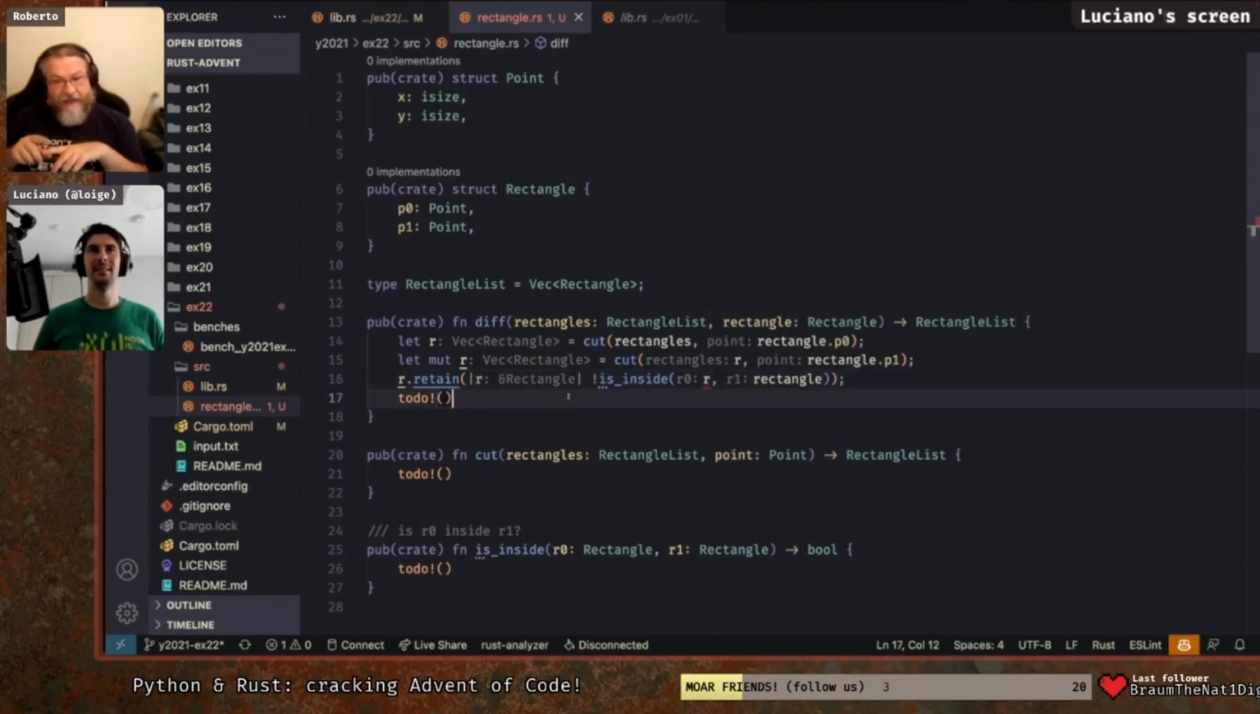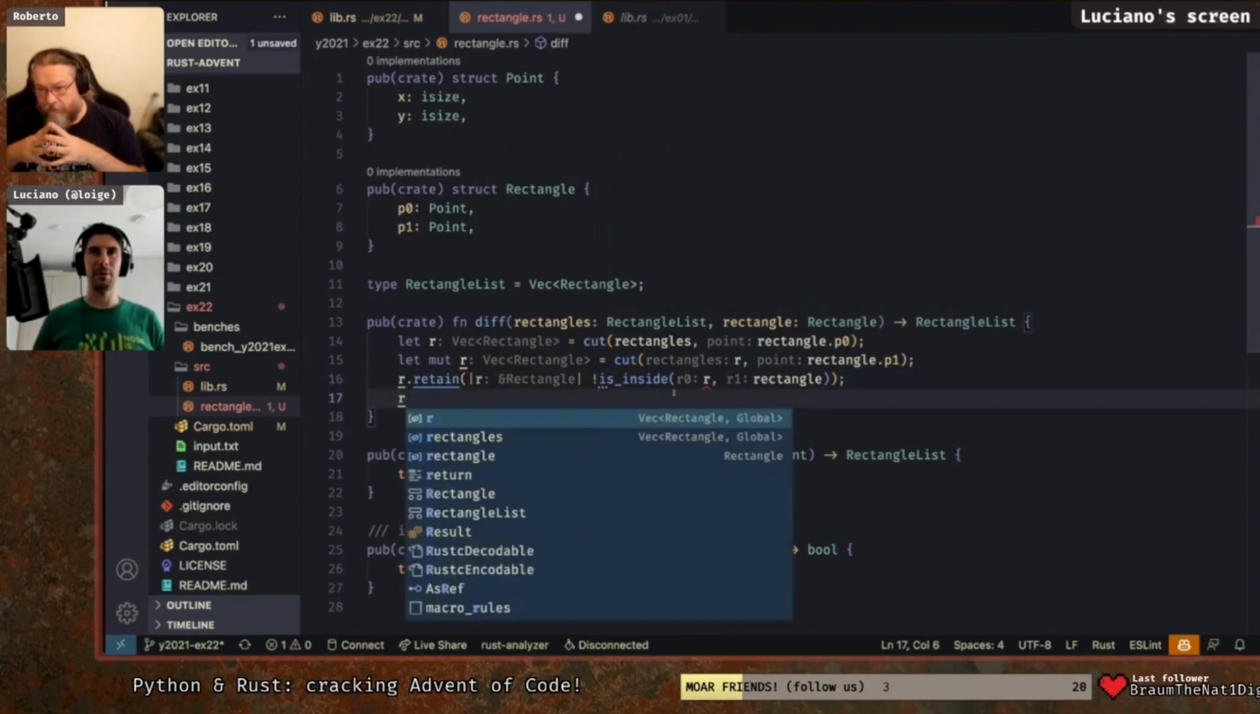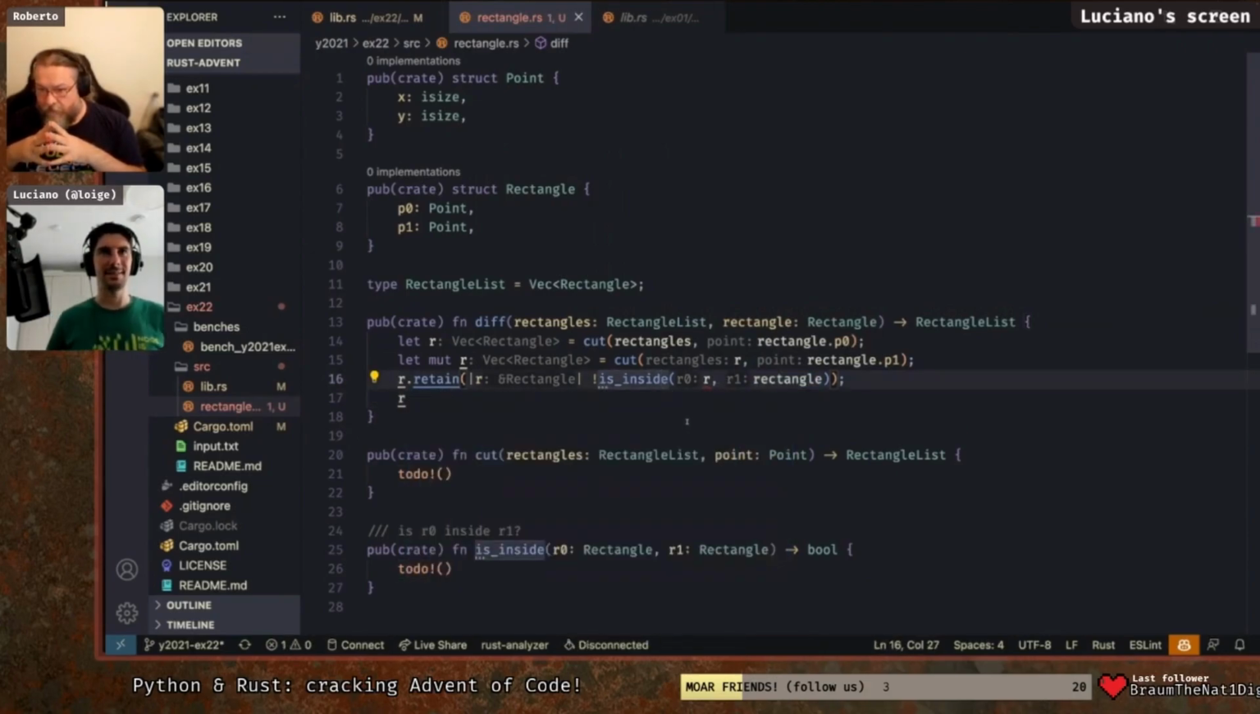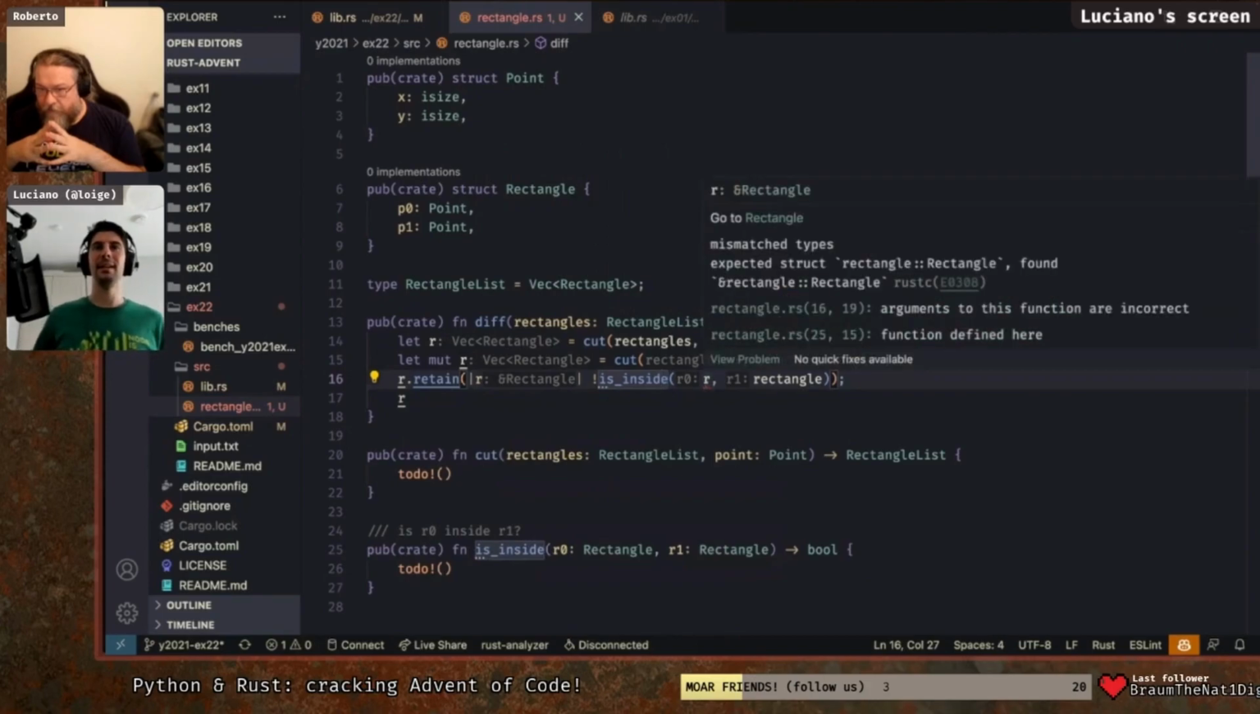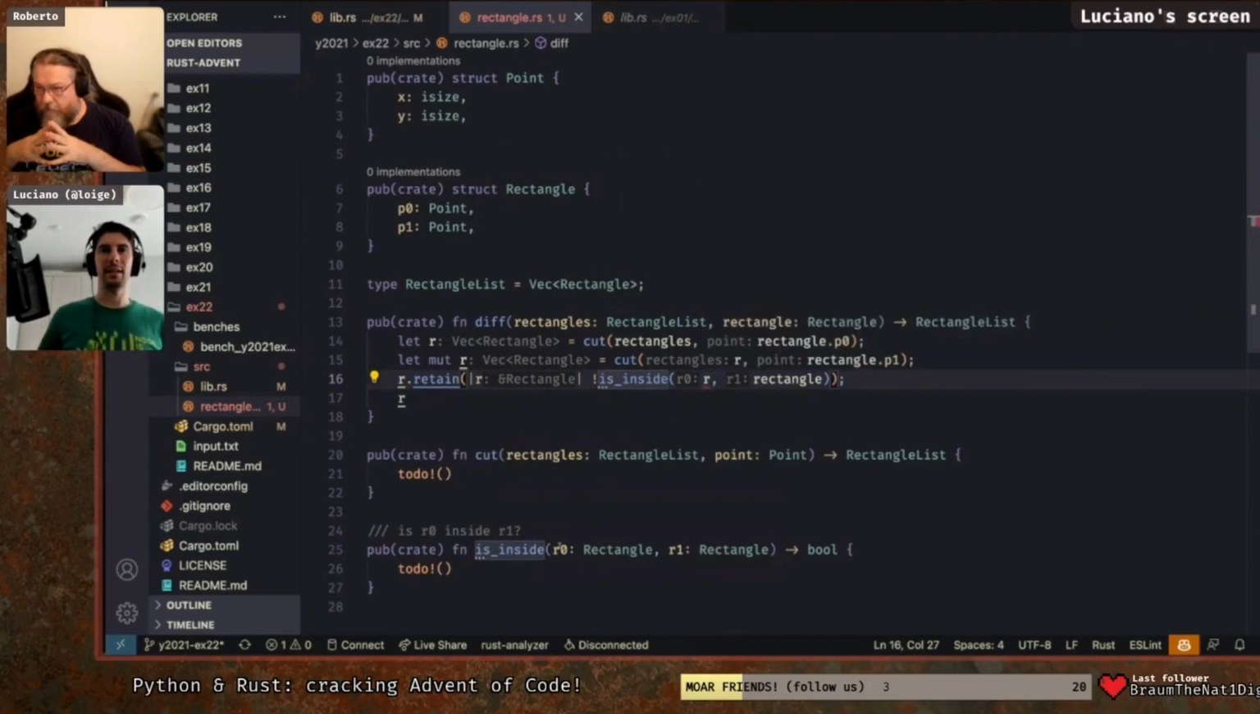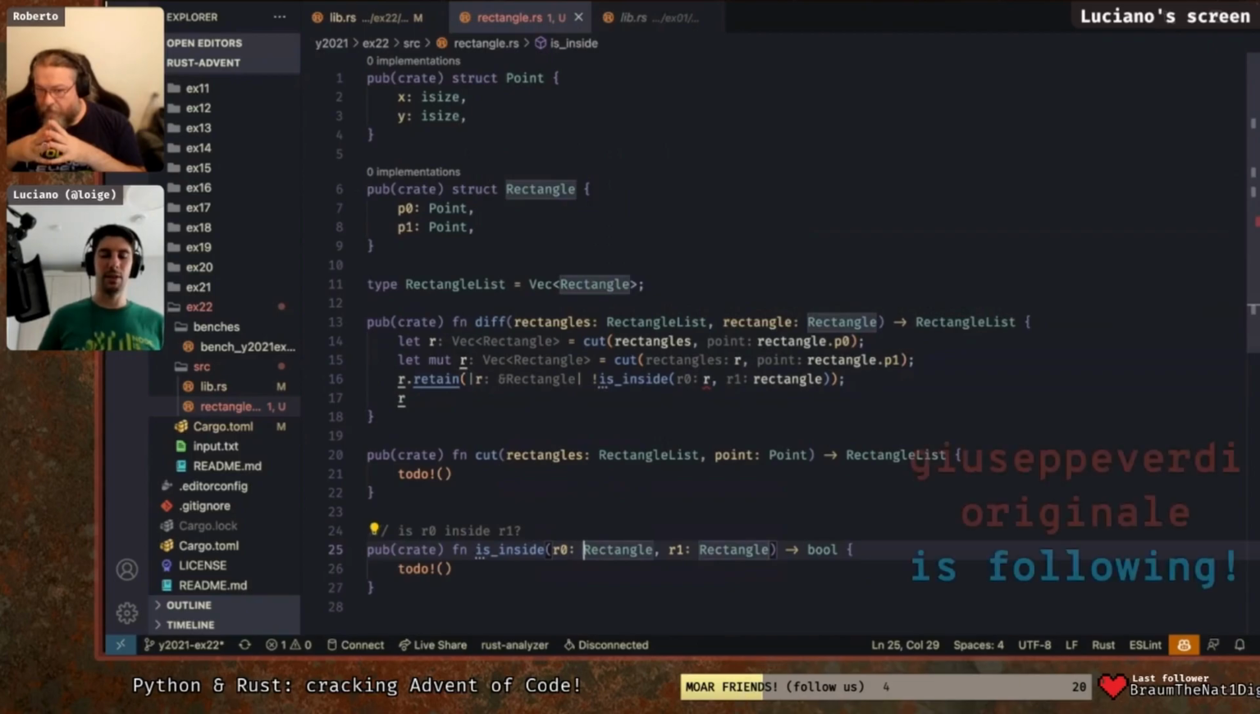And at this point, we can return R. Okay, now we start to think about references here because it's already complaining, right? And the first obvious thing is that here you don't need to take ownership,